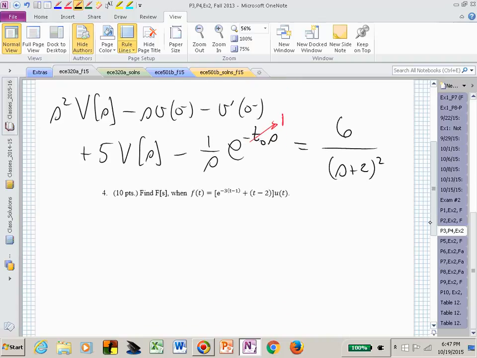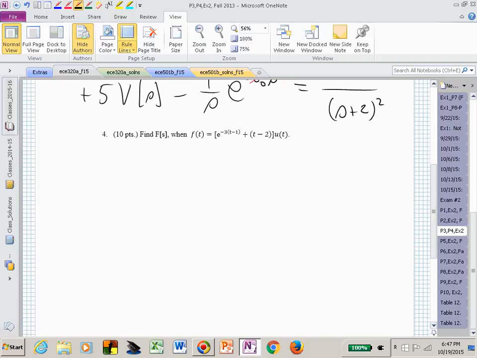Let's look at 4. What's the big deal on this one? Or what might be of interest on this one? Now I have an exponent that's not the same as when I'm turning this on. It's now sort of a delayed